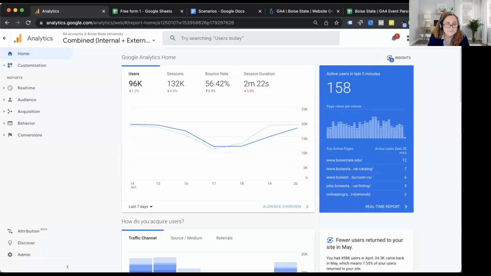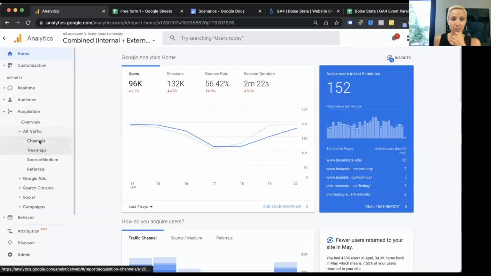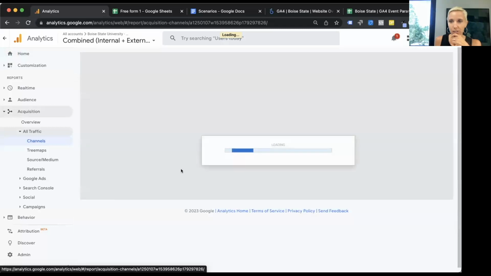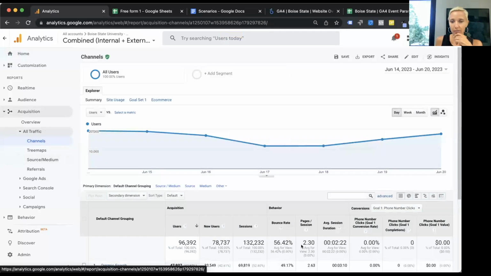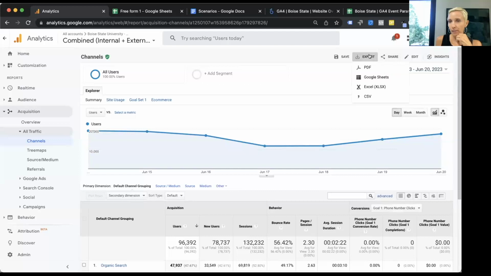Awesome. So here's Universal Analytics. If you basically just want to be safe and cover your bases with some downloads, go into any of the reports. Just like GA4, once you have all the data that you need and you select more rows, you just go up to the top here and hit export.